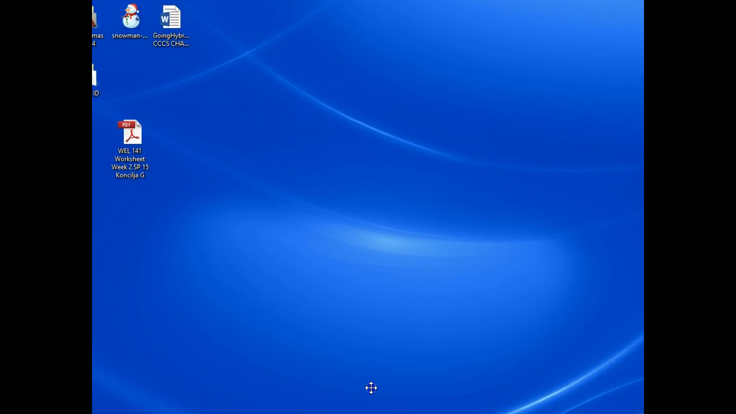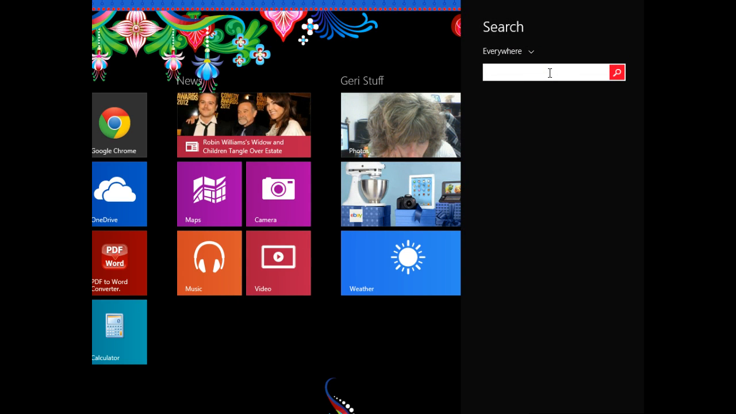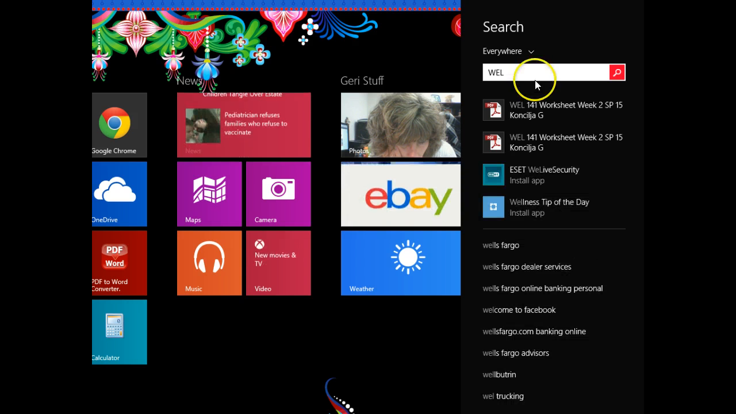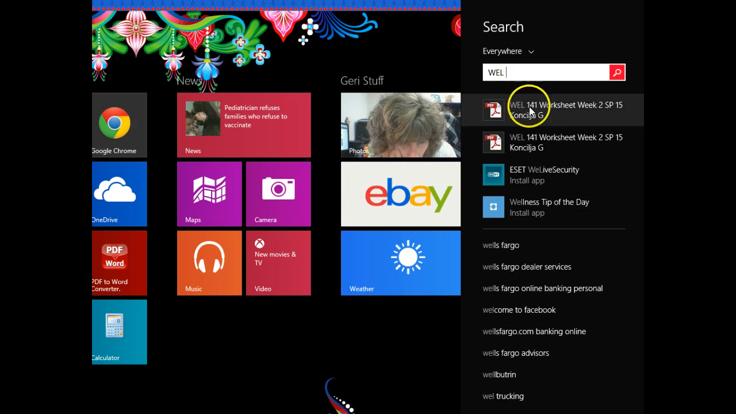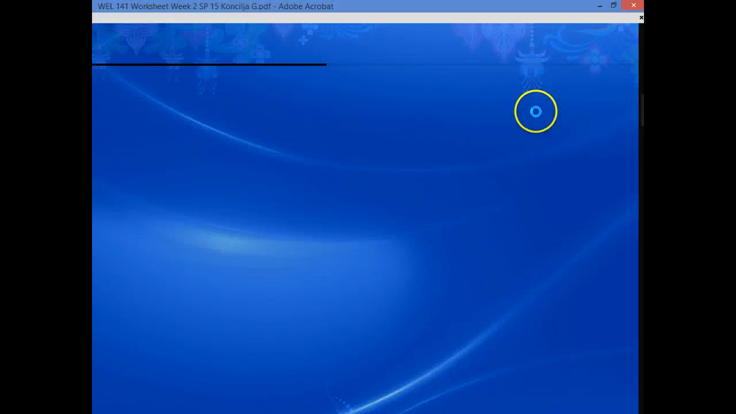Something else I want to show you is if you're in Windows 8, and you're on the screen, if you don't know where your file is, you can hit this little search button up here, and you can search for it by file name. So I'm going to search for welding, and because that's the only file I have on my computer under that name, it's immediately going to locate it for me. And I can click on that,